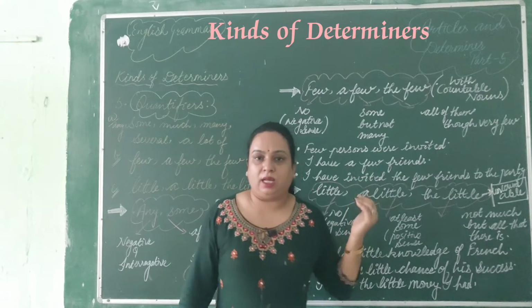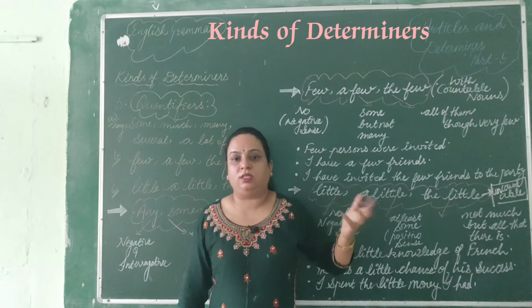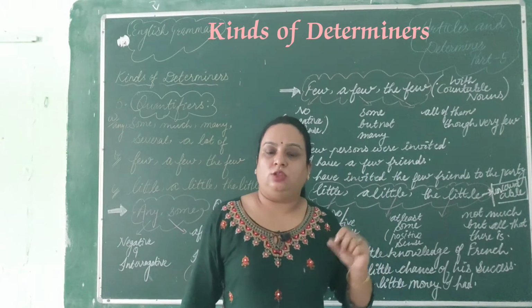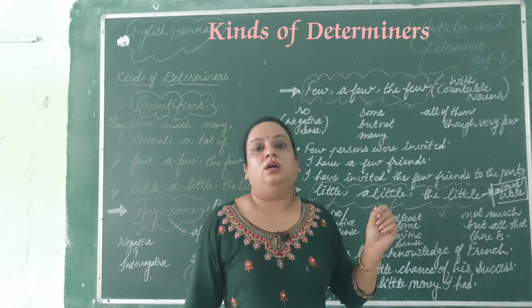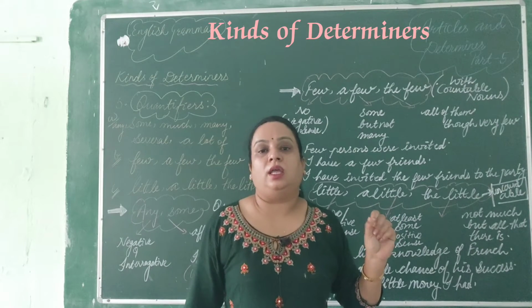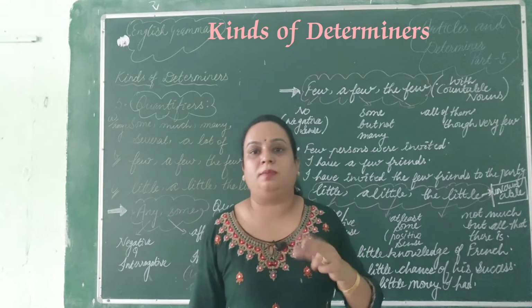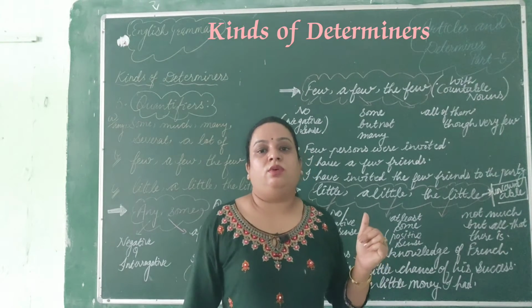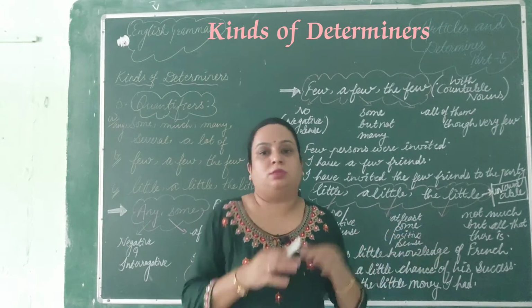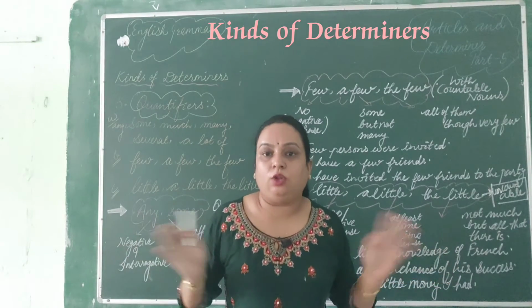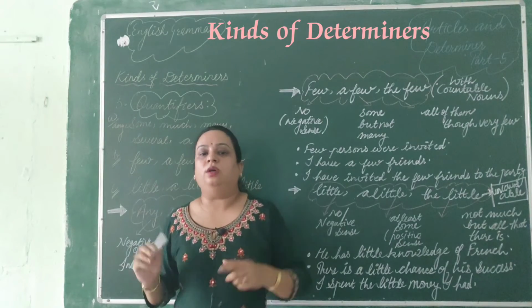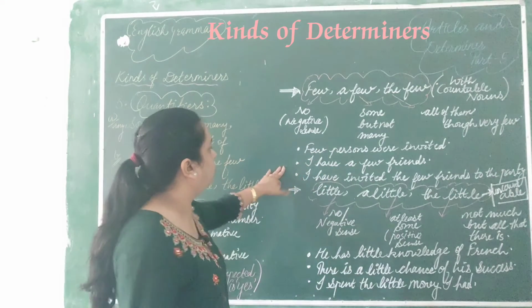सपोज़ मैंने बर्थडे पार्टी करी है, वैसे तो मेरे फ्रेंड्स हैं ही नहीं, एक दो ही मेरे फ्रेंड्स हैं. ठीक है, तो मैंने उन एक दो फ्रेंड्स को ही बुला लिया. सो आई हैव इन्वाइटेड द फ्यू फ्रेंड्स इन द बर्थडे पार्टी, मतलब जितने भी मेरे एक दो दोस्त हैं मैंने उनको बुला लिया. एंड इफ़ आई से आई हैव इन्वाइटेड फ्यू फ्रेंड्स मतलब किसी को नहीं बुलाया, कोई भी नहीं आया, नो वन इक्वल टू 0. एंड अ फ्यू फ्रेंड मतलब जो एक दो हैं वो. ठीक है, सो लेट्स अंडरस्टैंड दिस विद द एग्जांपल.